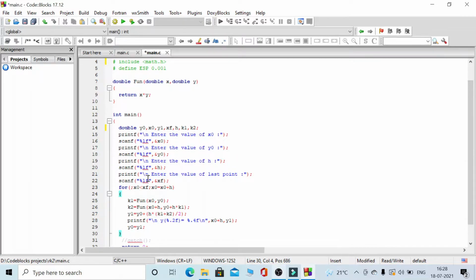So we start solving the problem by the formula, that is y1 is equal to y0 plus h into k1 plus k2 divided by 2. So to calculate y1 we use this formula. So here you can see y0, and the y0 is the input we will be giving, and h is also an input we will be giving, and next k1 plus